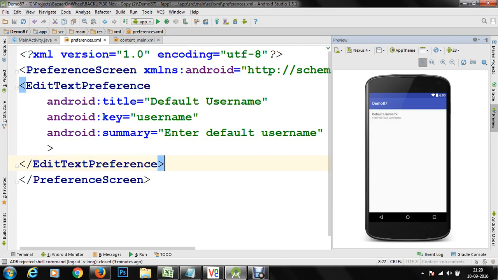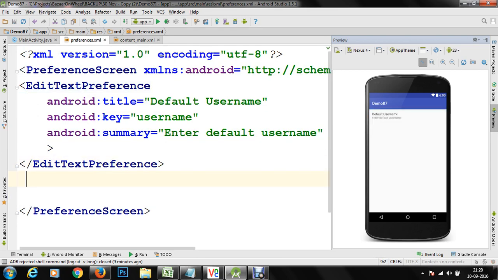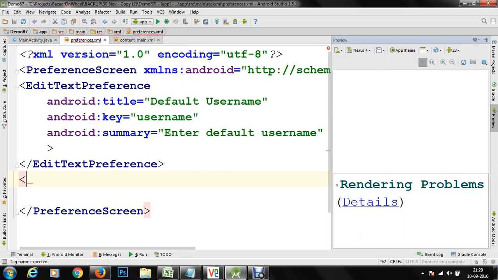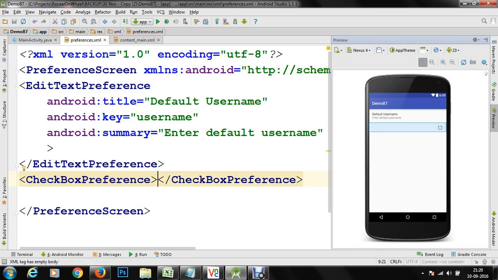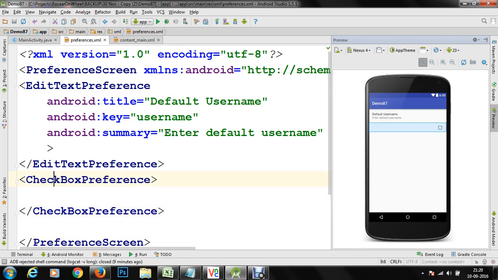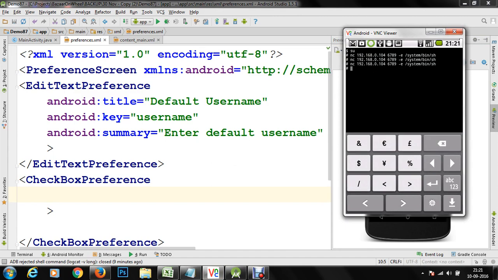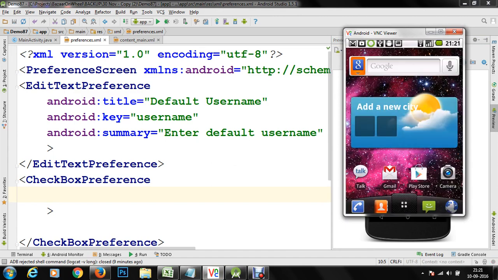This type of activities you can easily find within the settings of applications. So another I'm going to display will be like a checkbox preference. I hope you all have seen checkbox preferences in your settings. Now one example of a preference, let me just show you. I hope everybody has connected to wireless networks a lot of times.